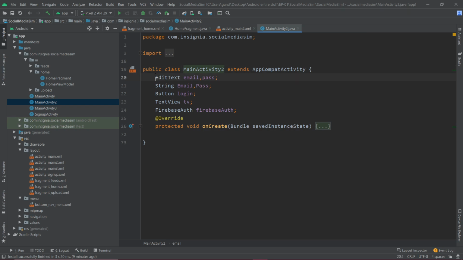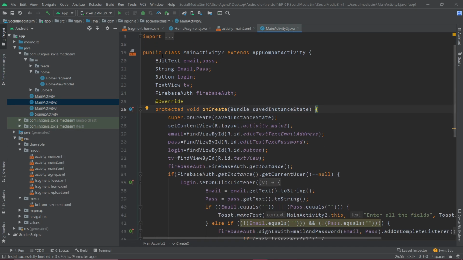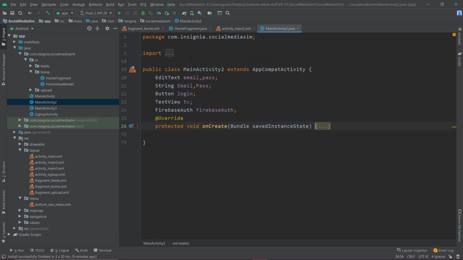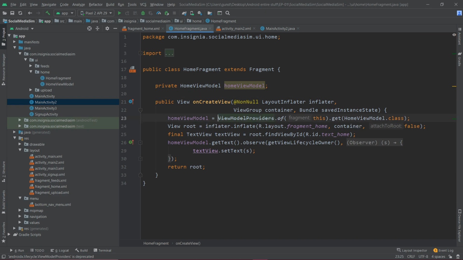So when you start up an activity, you put up all the declaration part before you instantiate the internal working of that activity, right? So before the instantiation part, before the onCreate part, you declare all the stuff that you are going to use in that. And then when the instantiation occurs, you instantiate each and every object that you have declared. The same goes even in the case of a fragment. But in the case of fragment, things are going to be a little different. So we'll just explain that part. So before that,